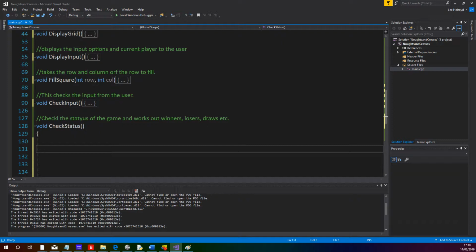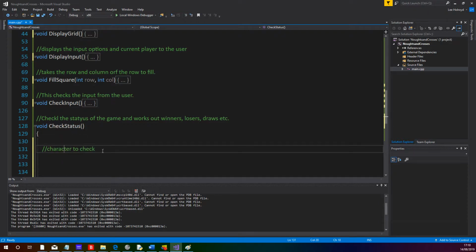We're going to look at a function, and this is going to create a local char variable called x0, which will either be set to x or 0 depending on the value of current player. Obviously player 1 is x and player 2 is 0. We'll also create a bool flag called inPlay, which will initialize to true, and then it'll be set to false if there is a win or a draw. So it'll basically set whether the game is running or whether we've finished the game, and then we can go from there. Okay, so the first thing is we're going to look at character to check,